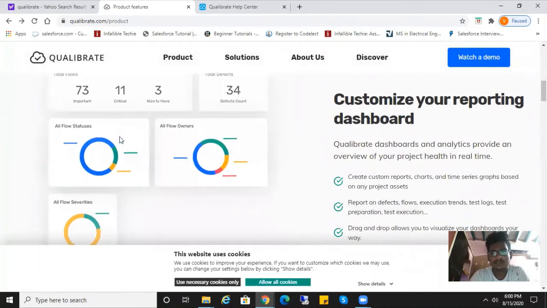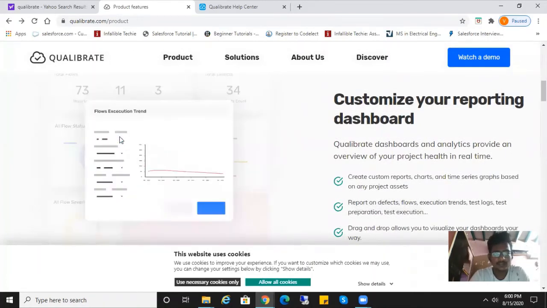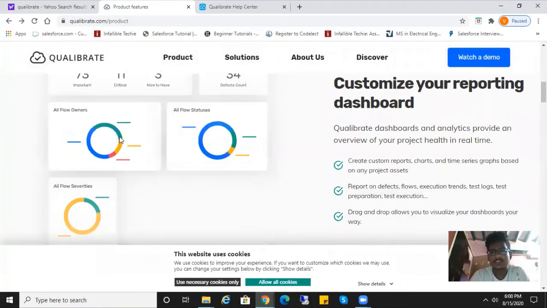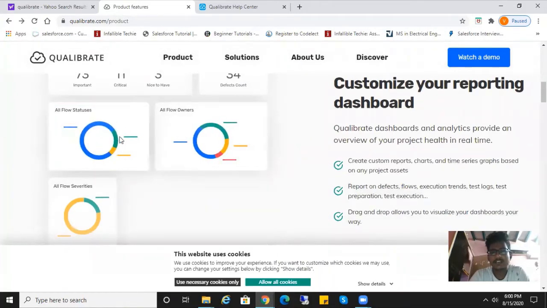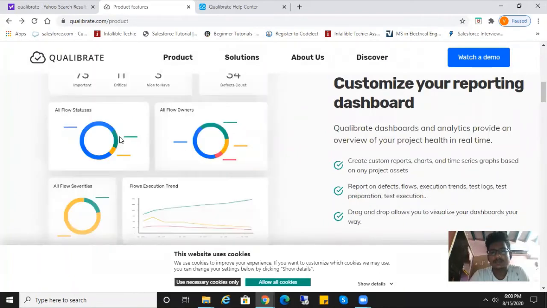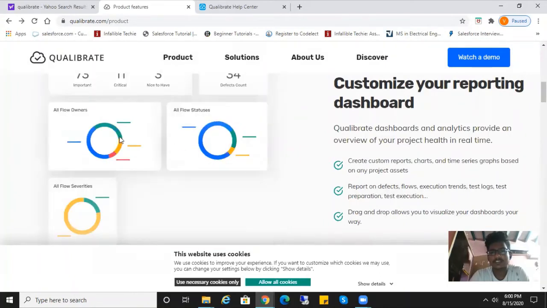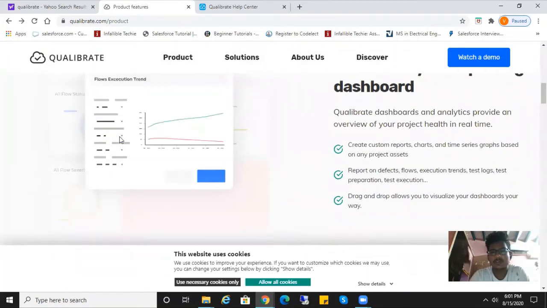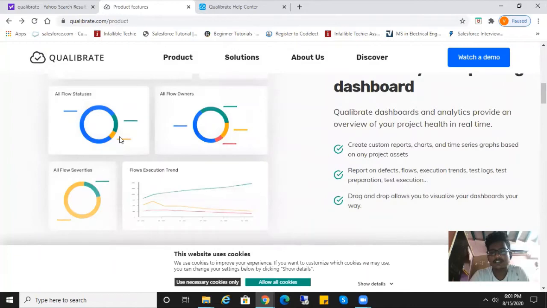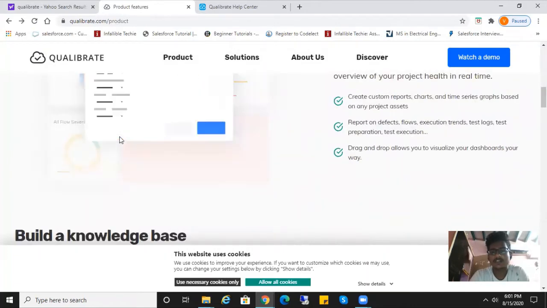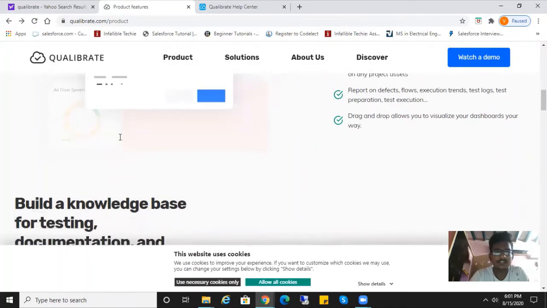Collaborate dashboards and analytics provide an overview of your project health in real time. Create custom reports, charts and time series graphs based on any project assets, such as defects, flows, execution trends, test logs, test preparation and test execution. Drag and drop allows you to visualize your dashboards your way.